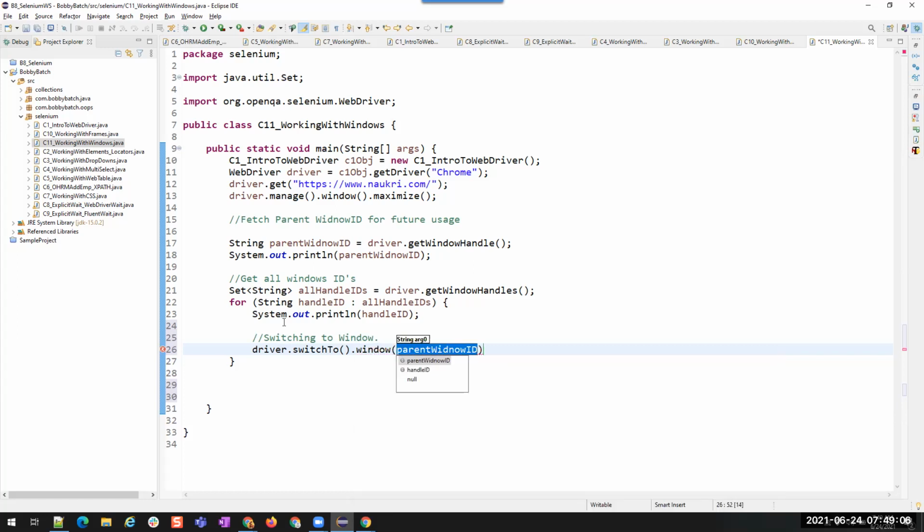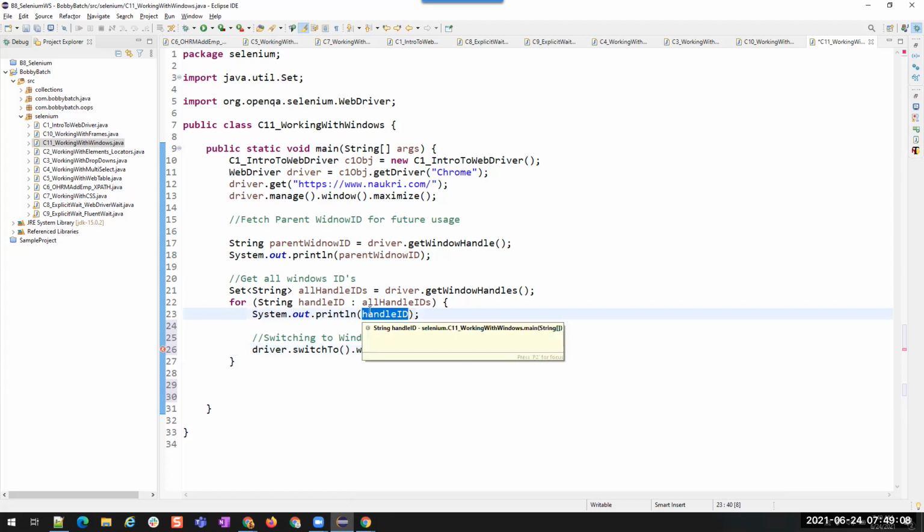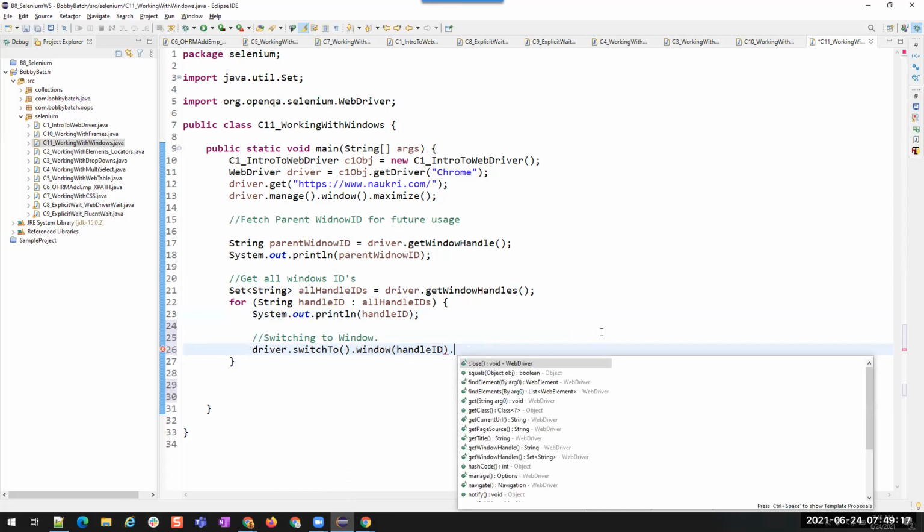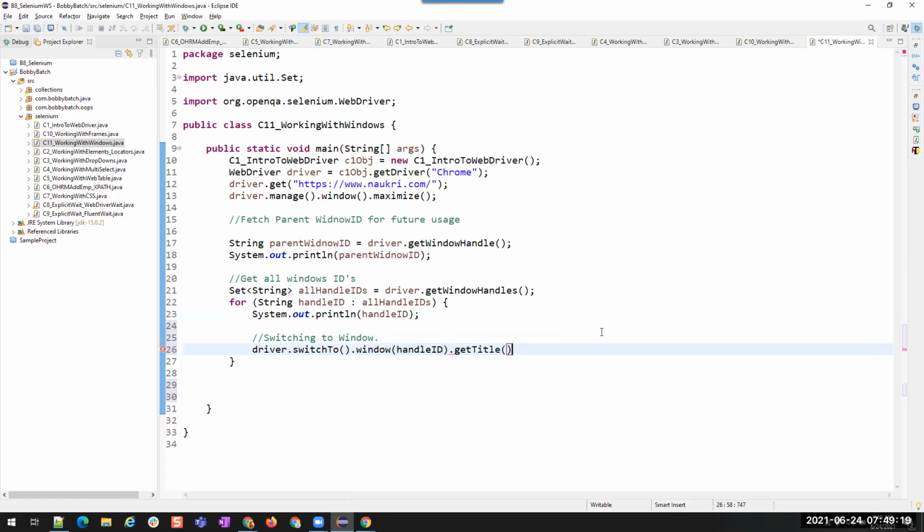That string argument is your handle ID. Okay, I have to switch into each handle. I am switching to that window, and then after switching, I can get the title of that particular window.